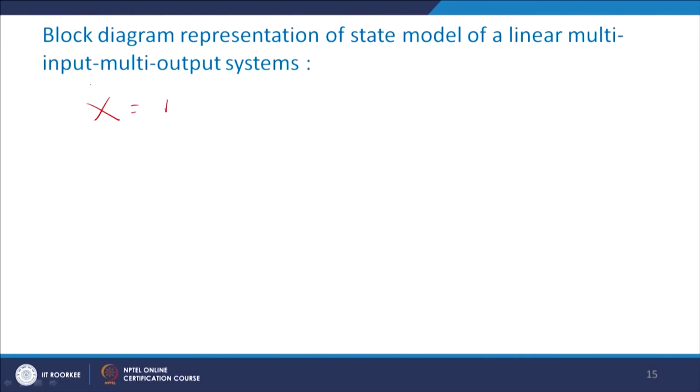Now we have to represent this system, x dot equals Ax plus Bu, y equals Cx plus Du, in terms of a block diagram. Here x dot is a first order differential equation. That means one thing is clear: whatever may be the order of the system, the state equation is always first order. Whereas if you see transfer functions, this is not possible. You have different order systems, 6th order, 10th order, 100th order, but here it is true that whatever the system may be, your order is always 1.